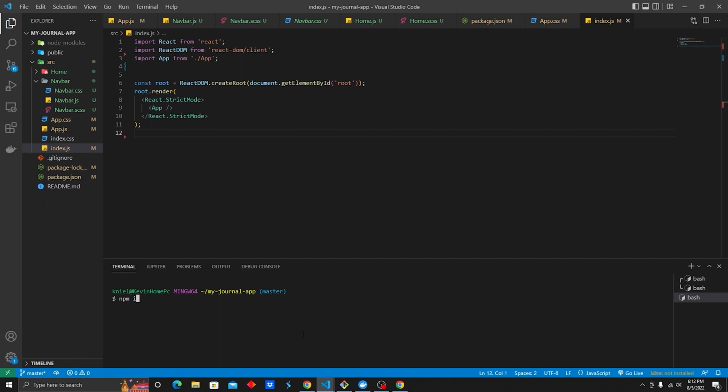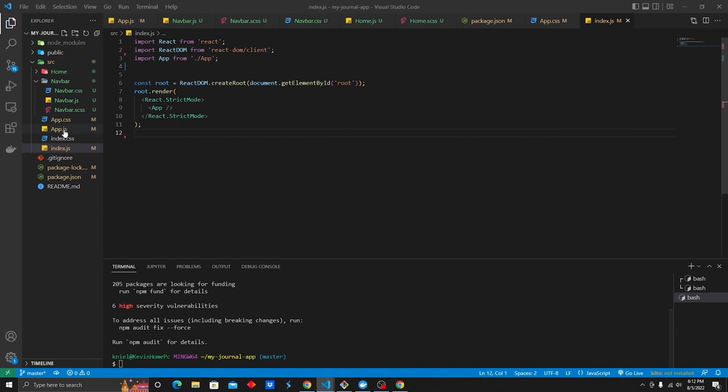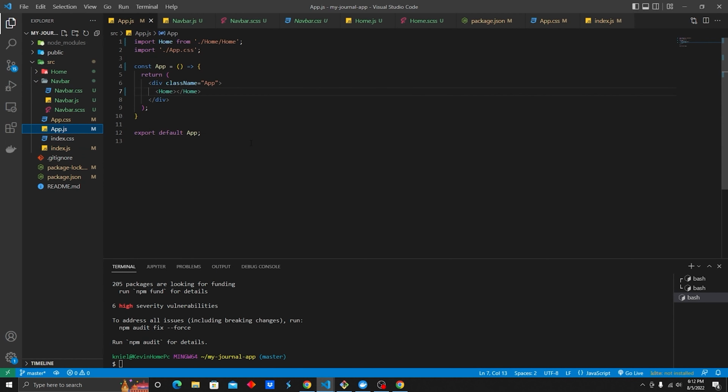npm i react-router-dom. Go ahead and get that installed. And now that that is installed, we're going to go to our app.js and actually, we are going to create a context. Let's do that first. So we're going to collapse navbar. We're going to right click on source, new file. We'll call it store